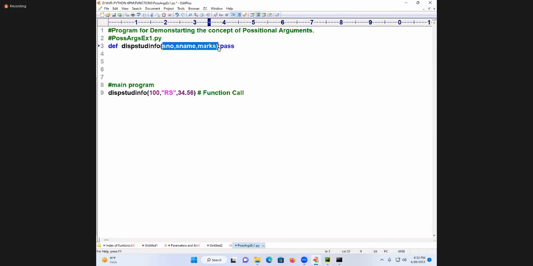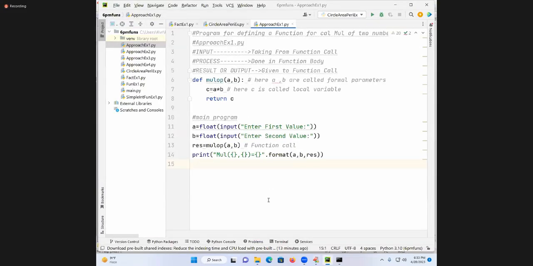What is the theme of the positional arguments mechanism? Every mechanism I stated has some theme, some formula. First value 100 is passing to the first one, second is passing to second, third is passing to third. How many arguments do I have? How many parameters are required? Positional arguments says that the number of arguments in the function call must be equal to the number of formal parameters. That is the default we already followed yesterday.